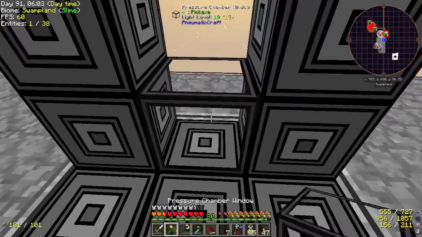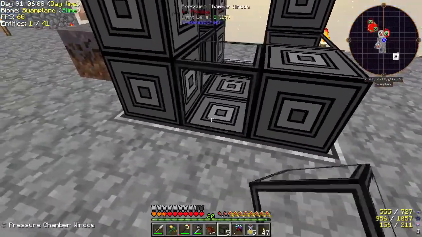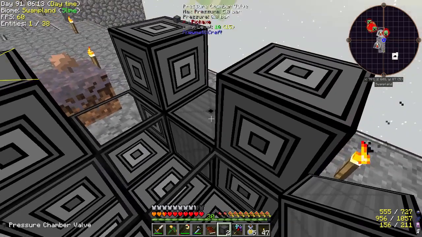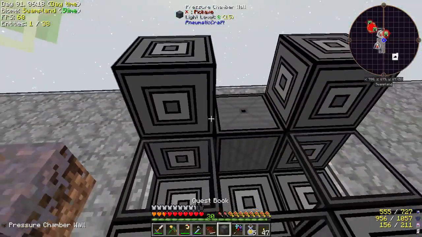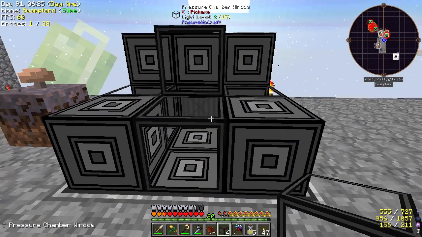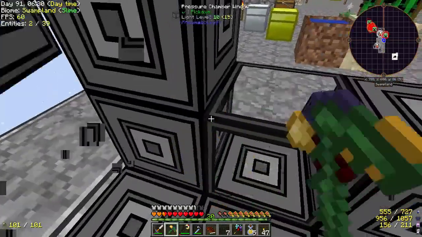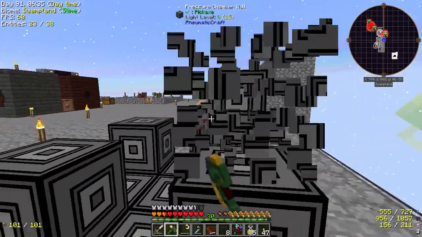Let's do actually this. 1, 2, 3. Chamber valve right there. And put a chamber wall. We can put a window there as well. It's basically a 3x3 hollow, and I realize I can put this into the ground, which I want to. So let's